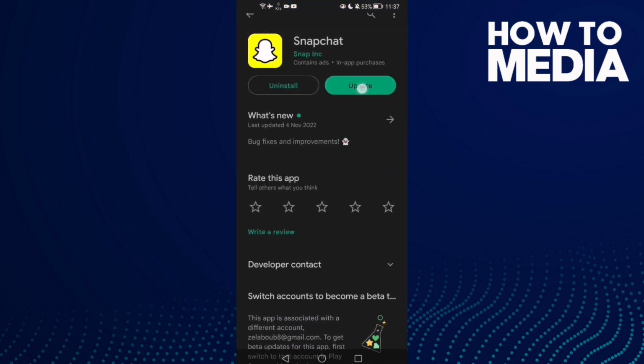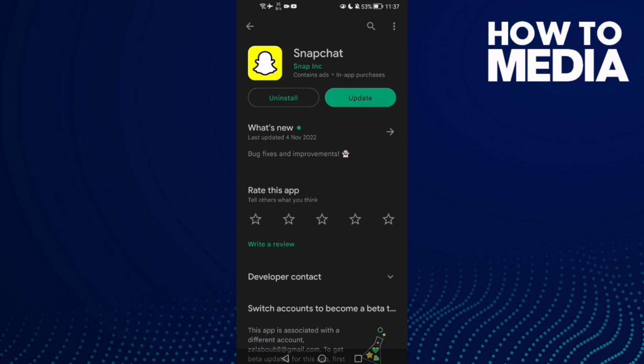and check if there is any update, and then just update your Snap and your problem must be fixed, and